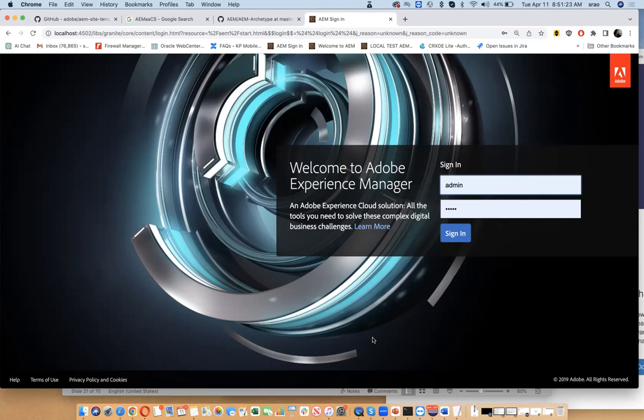Those are not the Day CQ versions, but the latest ones are the AEM versions, like 6.1, 6.2, 6.3, 6.5. So right now it's 6.5. And if you get this jar file and the license file, you will get to keep this for lifetime, as long as it's version 6.5.